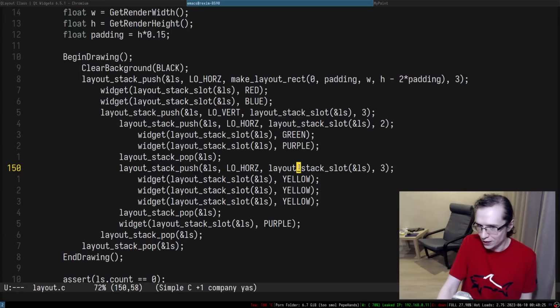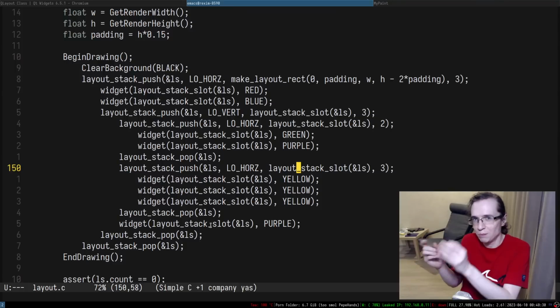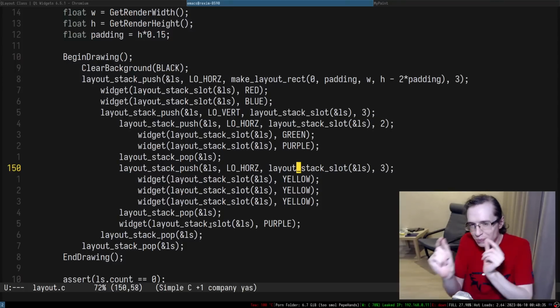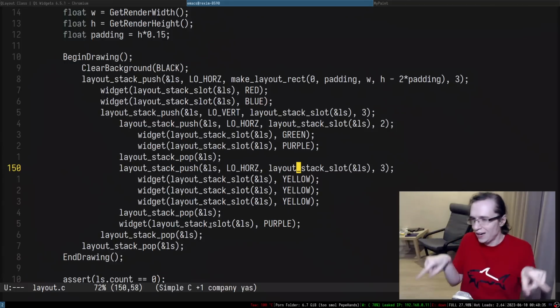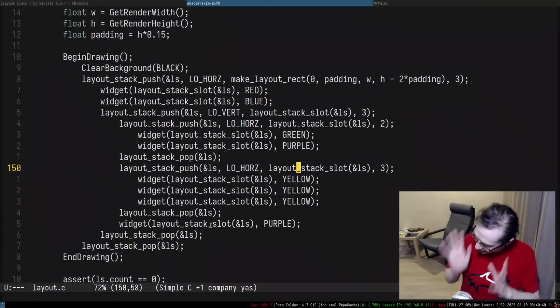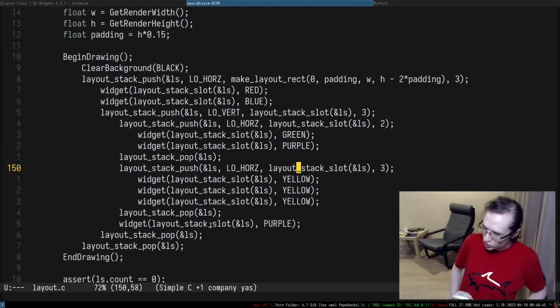So that's basically my goal, to tuck all of that complexity of trying to do something pixel perfect and very sophisticated inside, and you just define the layout, and it does everything for you automatically. I think we're slowly approaching that.